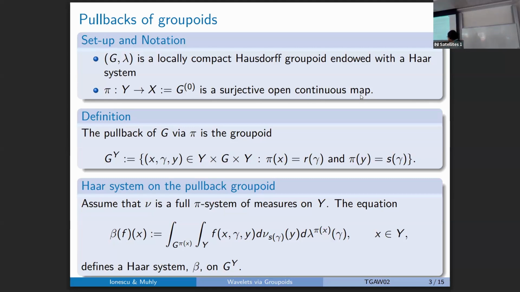Don't worry if you don't want to follow the formula. Many of my formulas in the slides I put just to indicate they are concrete and that we can actually do computations. But don't worry if you don't. But we have a Haar system on G_Y. And of course, by the general theory, the C-star algebra of G_Y is Morita equivalent to the C-star algebra of G. So we could induce representations, and the equivalence will be given by Y star G, the fiber product. However, the second reason why our work took a little bit longer to finish was that we needed to induce representations when we have systems of measures on Y that are not necessarily full. And dealing with that,